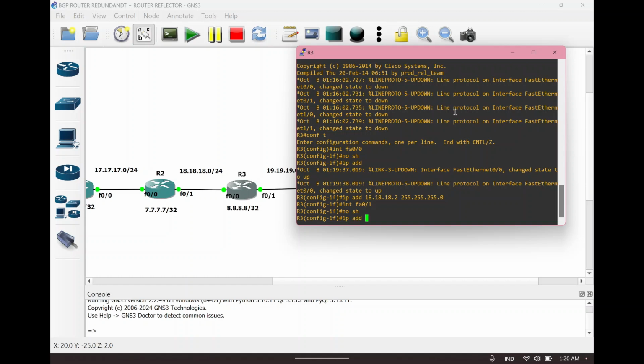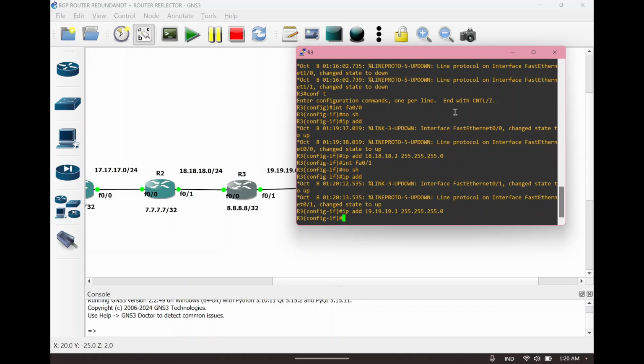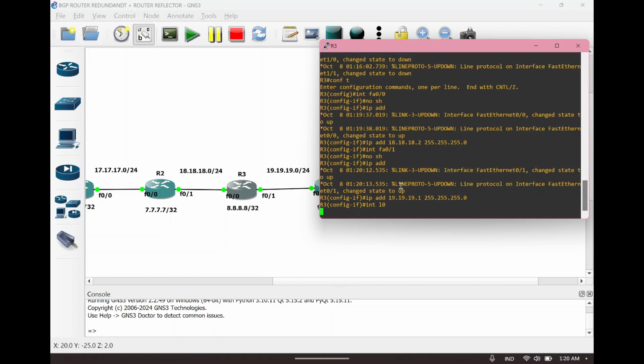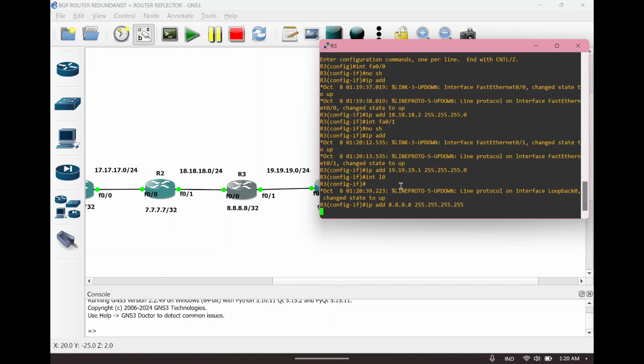The subnet mask for the ports connecting to routers is /24, but for the router IP it is /32, or prefix 32. So don't forget to enter the interface loopback, because the loopback is important for configuring BGP route reflector.